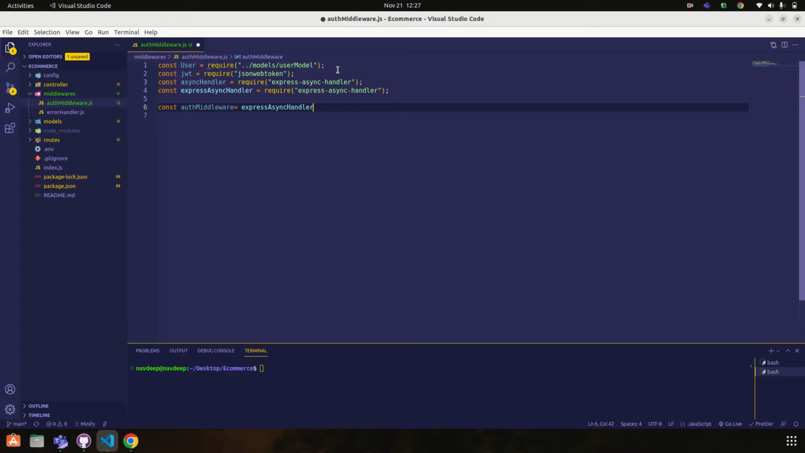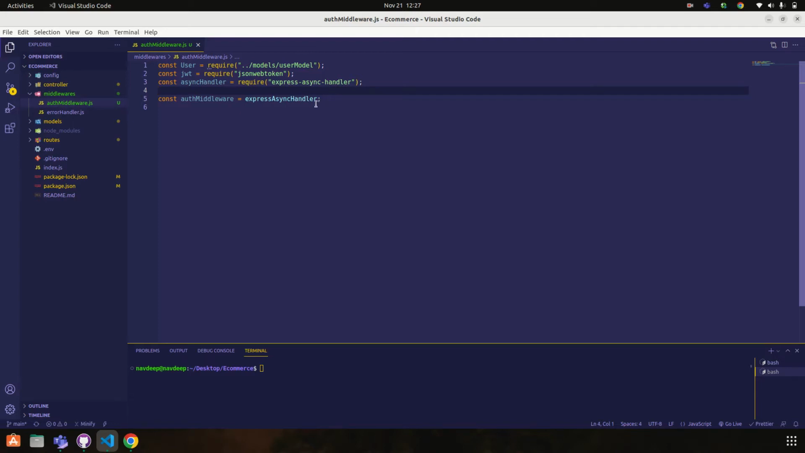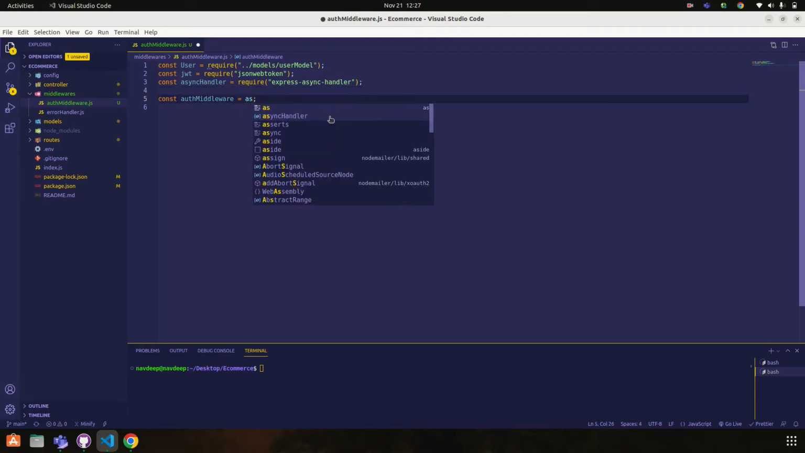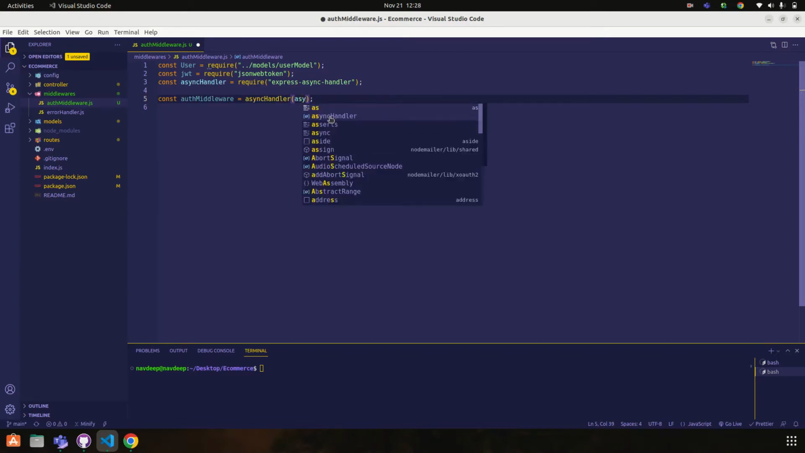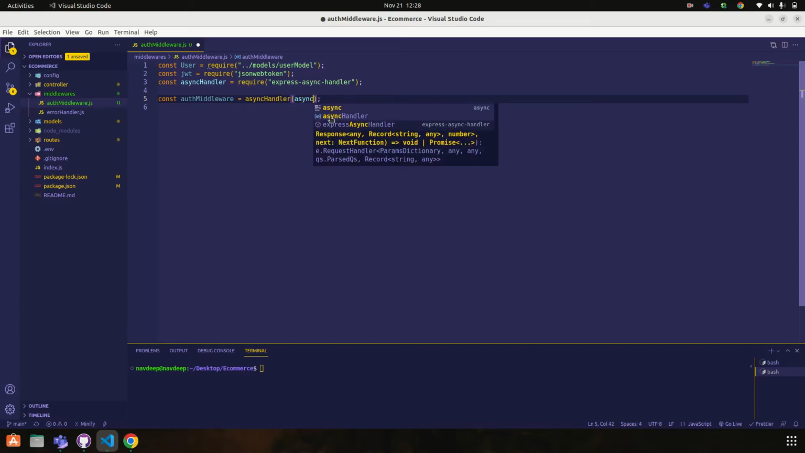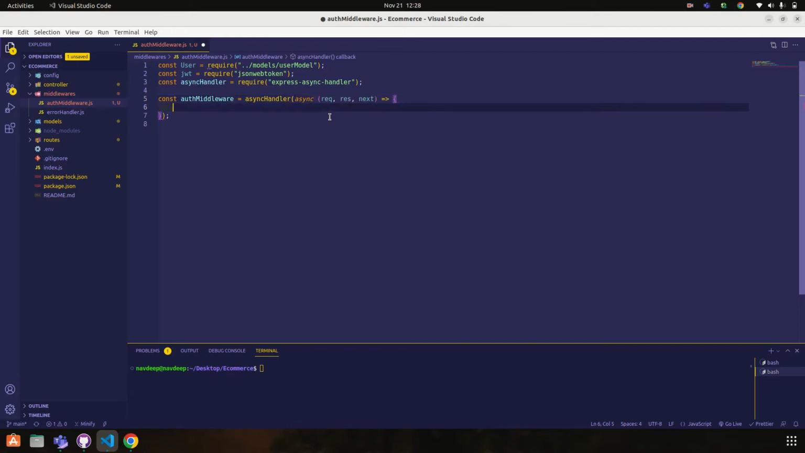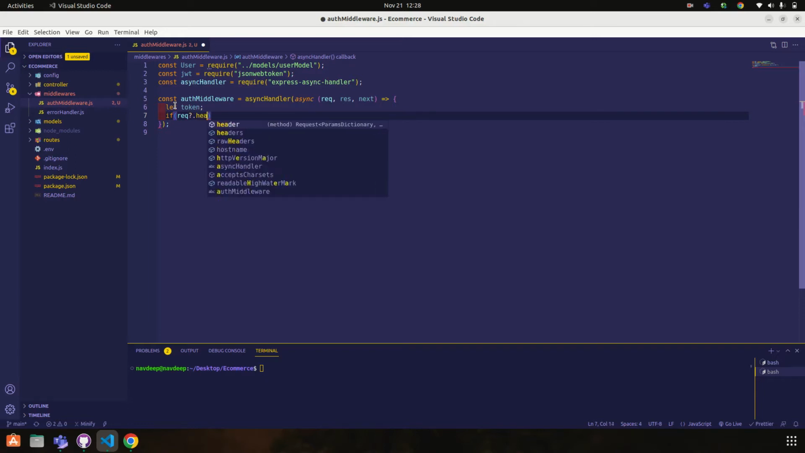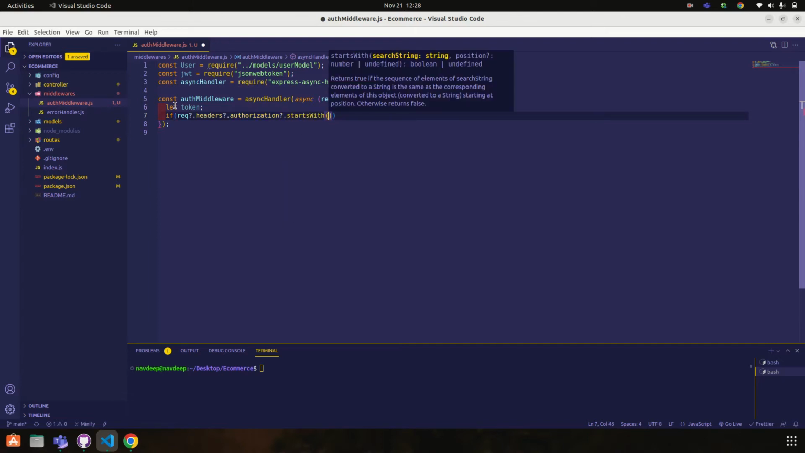asyncHandler, async request, response and next. So let's create a variable named token, let token. If request.headers.authorization starts with Bearer, then